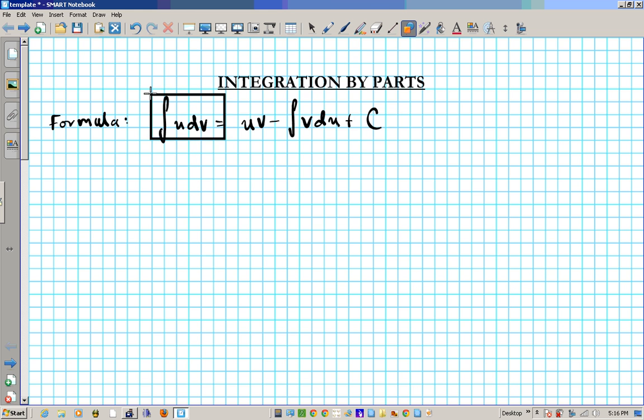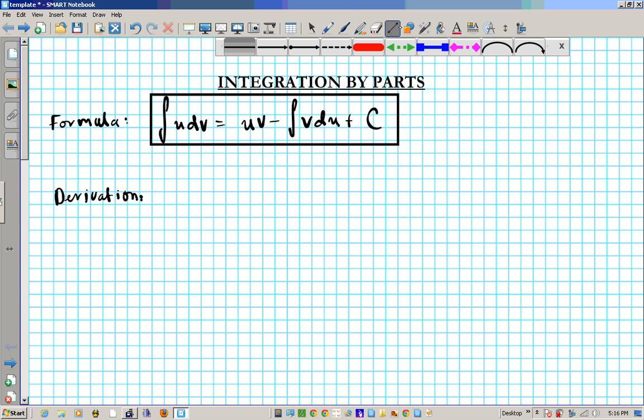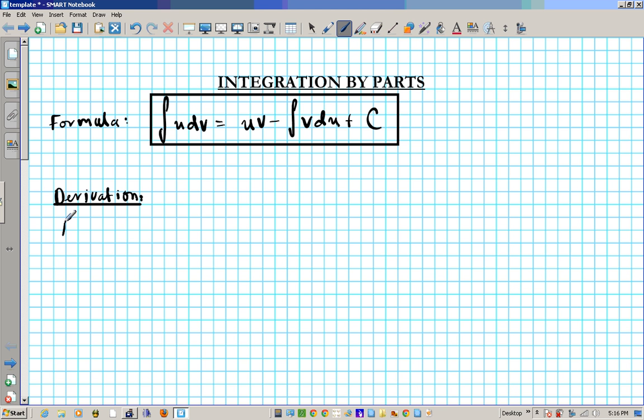So the question is, where on earth did this formula come from? Let's go over the derivation first, and then we're going to start looking at examples. Okay, so derivation. Now, this formula, believe it or not, is a modified version of the product rule. Let's write this down. From the product rule,